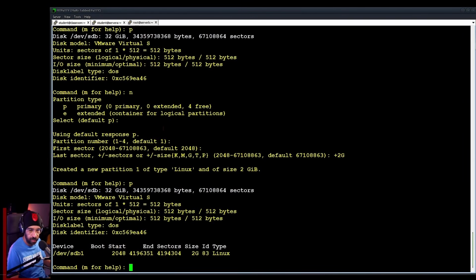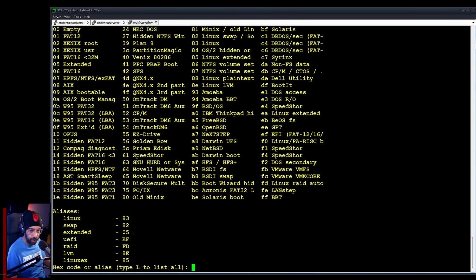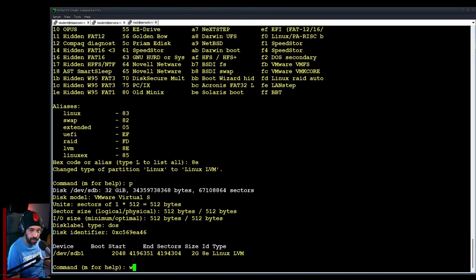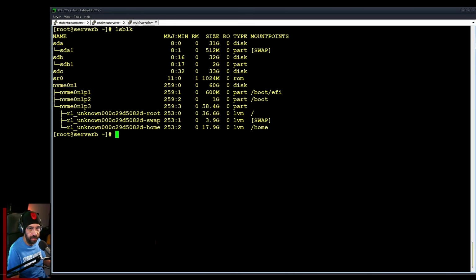Print. There it is. We just changed the type to 8e, which is LVM. We print. It's there. We save. Cool, so the partition exists. With 2 gigabytes, it's more than we actually need for this, but it gives some headroom. So it says it's sdb1. Now we will create, we do pvcreate /dev/